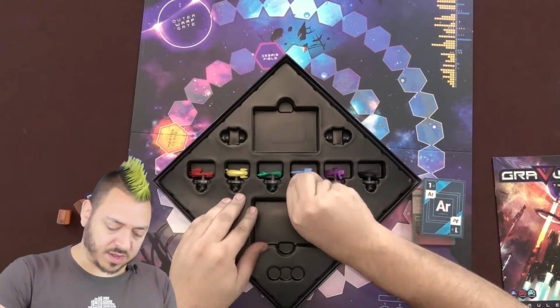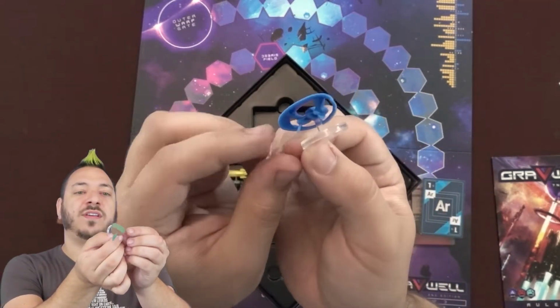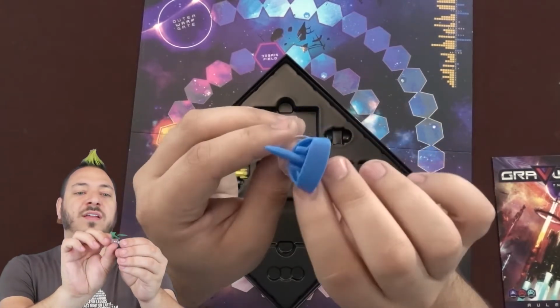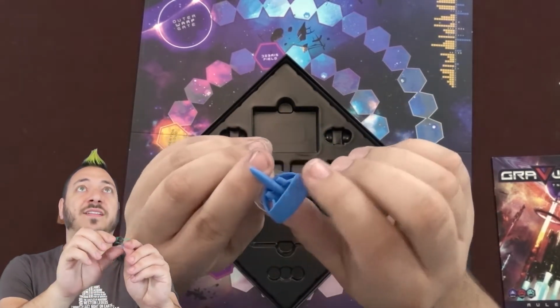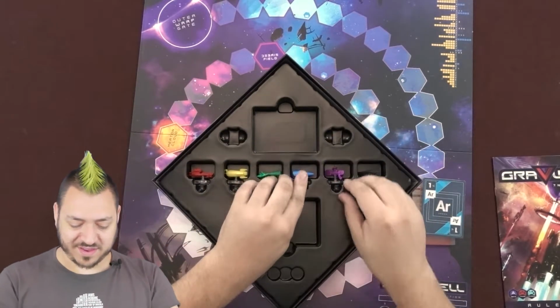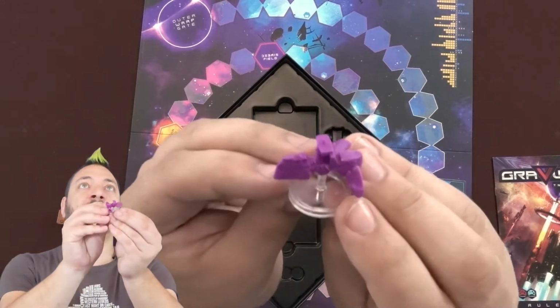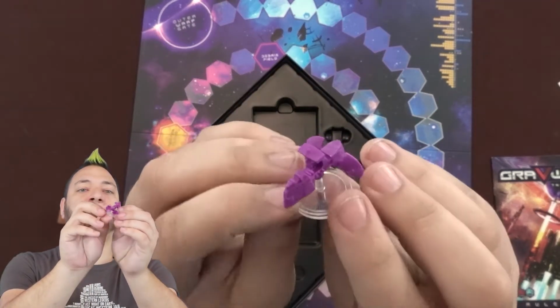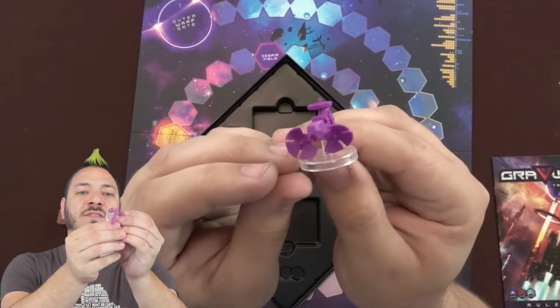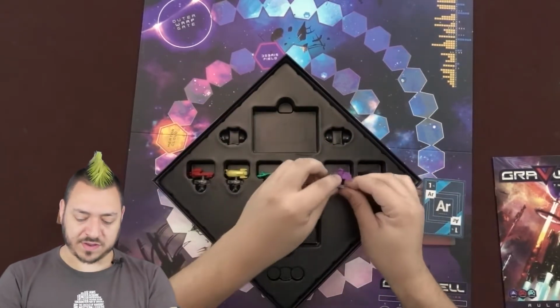We have the blue ship. Very interesting. I kind of like the look of that. It's got like a spoiler on it, the kind you would find on a car. Got the purple one. I will say these are all very unique, very different from one another, and fairly detailed,